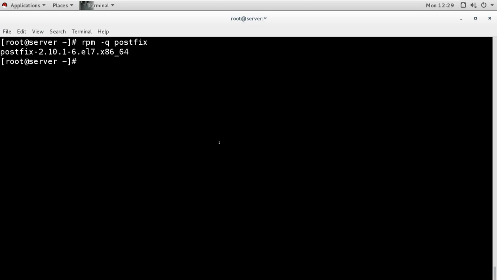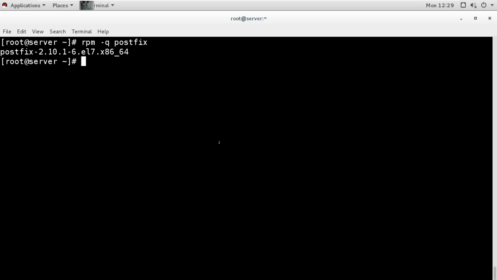So it is installed. When it is installed, that means it is also configured. It is installed because I selected the mail server at the time of installation, so postfix is installed by default. In previous versions of Linux, like RHEL 5.4, sendmail is available by default and is installed as the mail transfer agent. If you don't like sendmail, you could use postfix, but it was not installed by default. Now it is installed by default and you can use it.